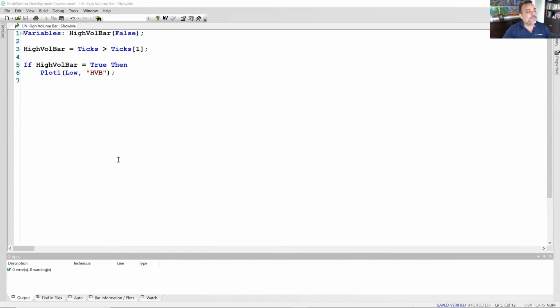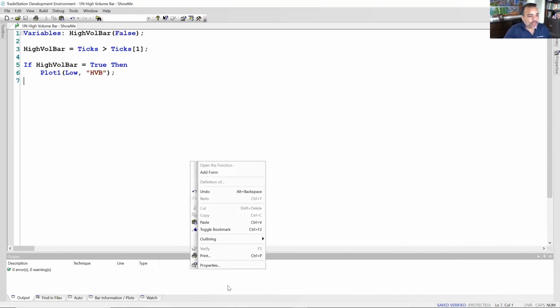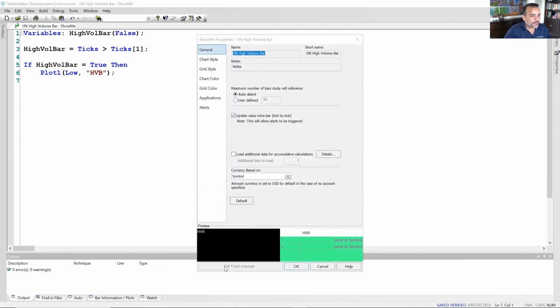Okay. So here we have an indicator, high volume bar. Let me go ahead and right click and go to properties. Oh, and Eric, you were asking about using begin end in your code. Yes. You only use a begin and an end when you have multiple actions to take. For example, in this particular syntax that I wrote here, I said if high volume bar equals true, then plot. If it's only one action that it's taking, then you don't need a begin, you don't need an